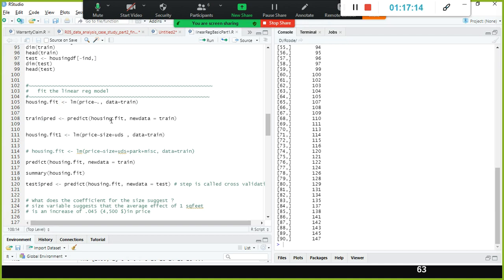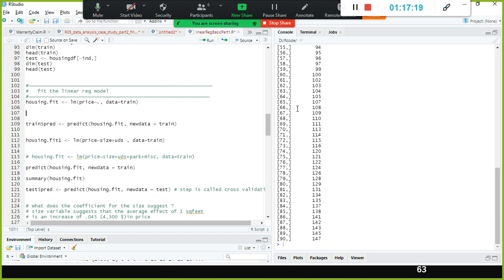See, in R you don't have to use the predict function. If you use housing dot fit, you have something called fitted values. This variable holds the outcome and is available by default, a built-in one.